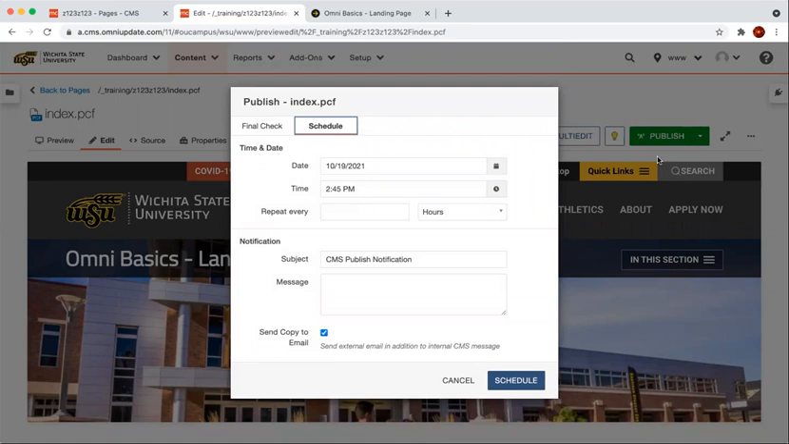Like say we're going to launch a contest at midnight, 12:01 the next day, but we don't plan to be awake then, or we're going to be out of town or something else. We can come through here and set a date and time for that page to automatically publish itself, so to speak. The system will take care of itself for you. Along with that, you have a notification